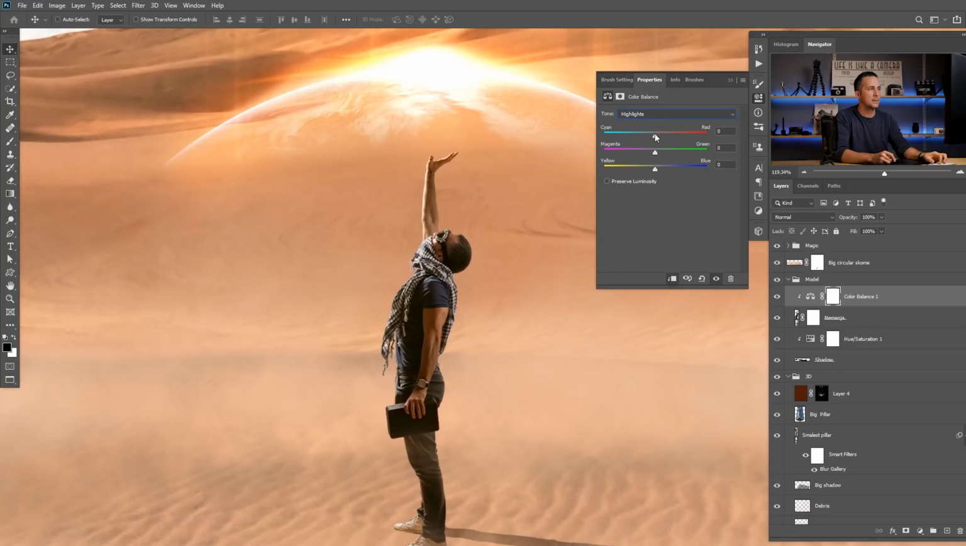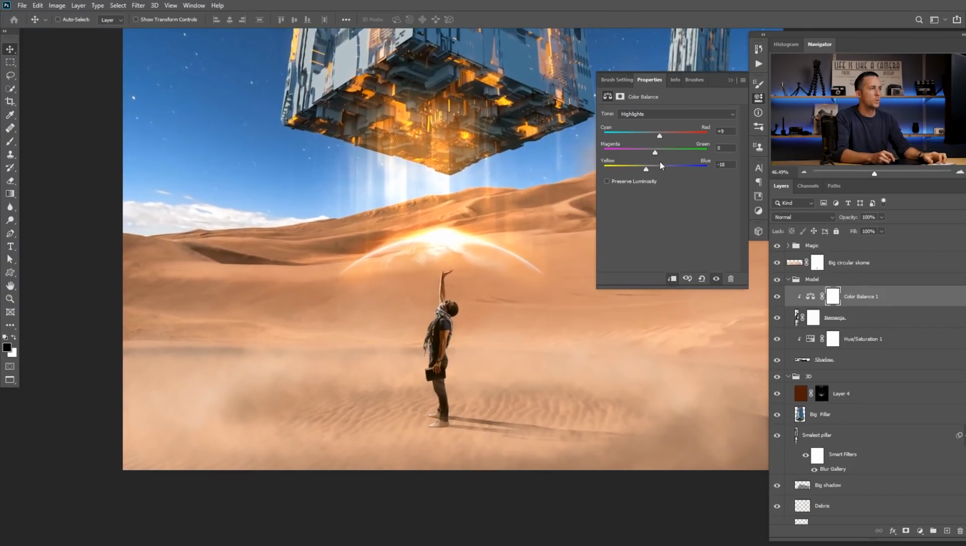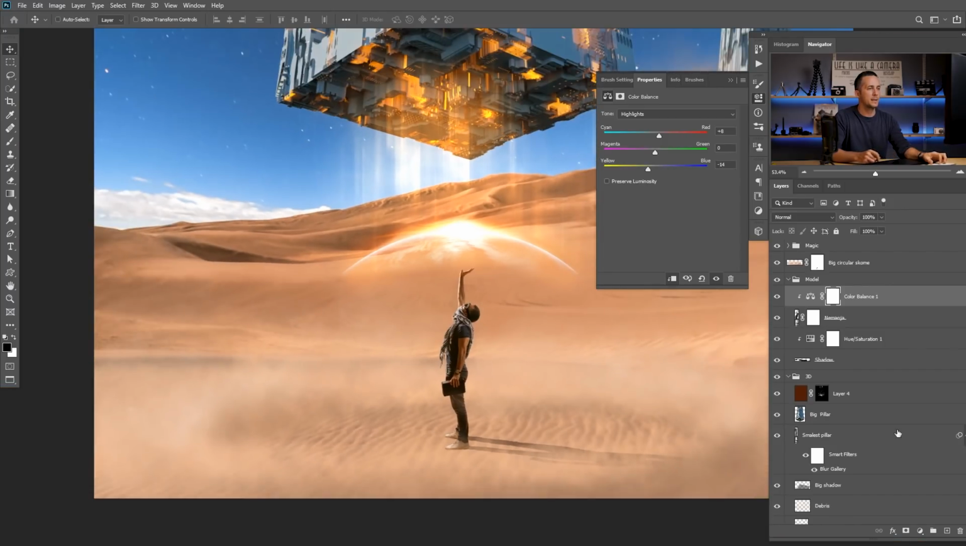I want the highlights a little bit more reddish and yellowish, and this is much better. So before and after, really cool. Also what we can do, maybe this is too much. Also what we can do, we can make some parts of myself a little bit brighter and add some